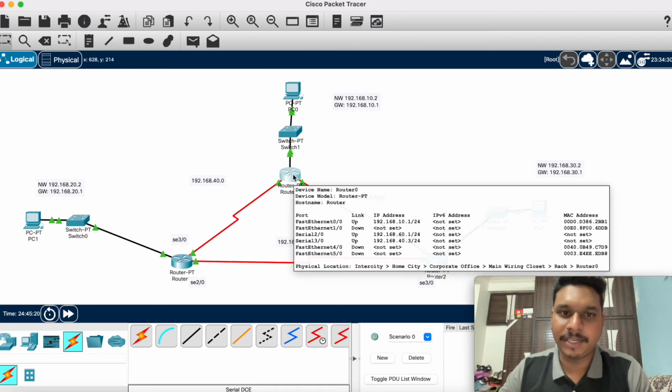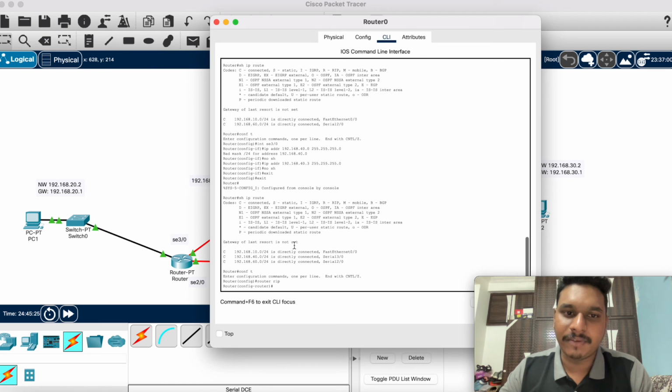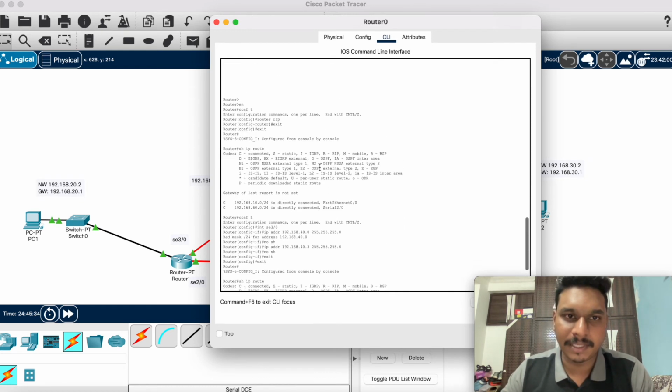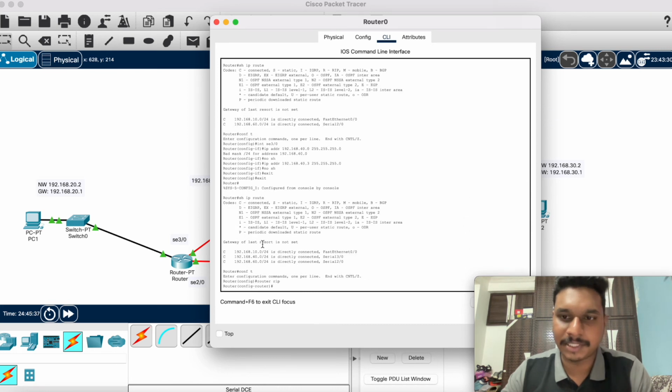So now we need to add RIP for this router. When we add RIP for this router, it's simply router RIP. Now it's in configuration of router. I showed this previously when I was explaining, but the video was paused. You can see here 3 networks are known by router 0. These 3 networks need to be added for this router. So now let me configure this as network